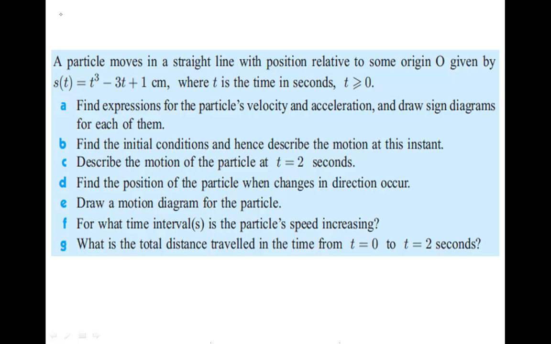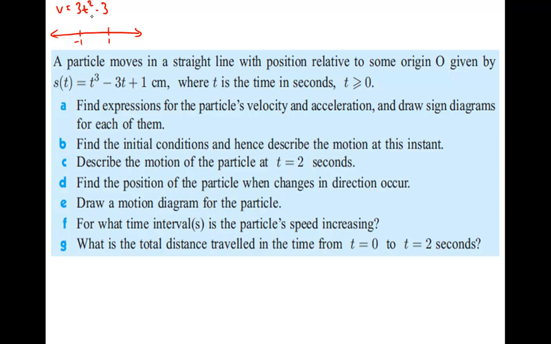Okay, so first we're going to find the velocity, and we know that the velocity is the derivative of the displacement, so that becomes 3t squared minus 3. Okay, now if I'm going to draw a sign diagram for that, then I'm going to find the x-intercepts. So the x-intercepts, I'm going to make y 0, so v equals 0, add the 3, divide by the 3, I'm going to get 1 equals t squared, which means I'm going to have x-intercepts at positive 1 and